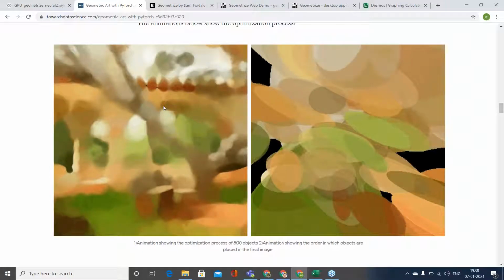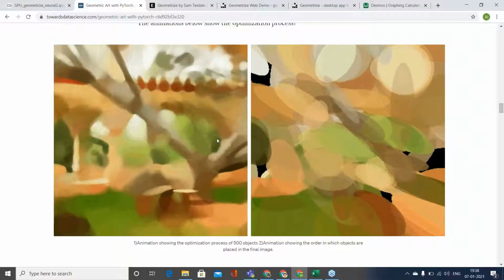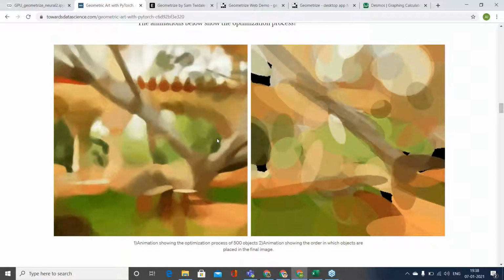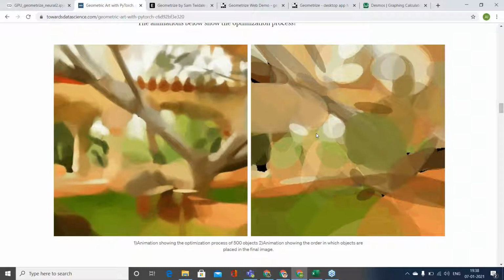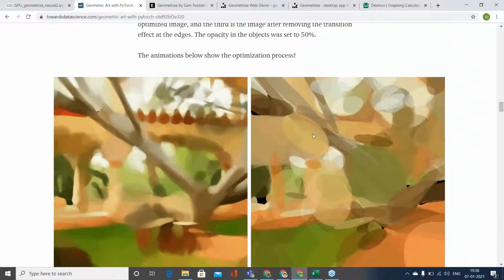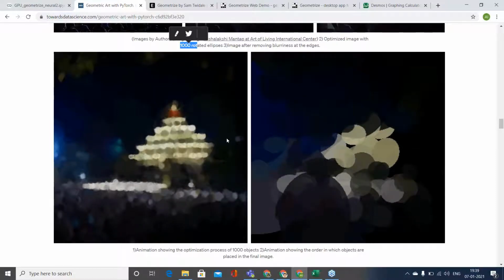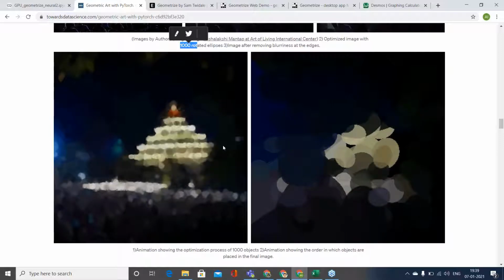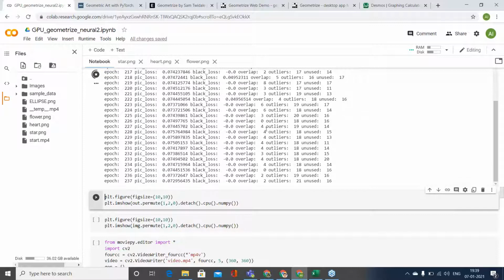Then all of them are getting optimized at once. Similarly, in this example I'm using 1000 ellipses. It will go till 300 epochs.